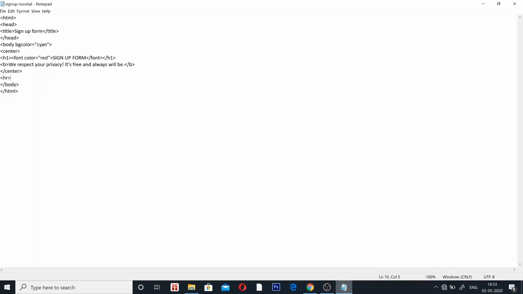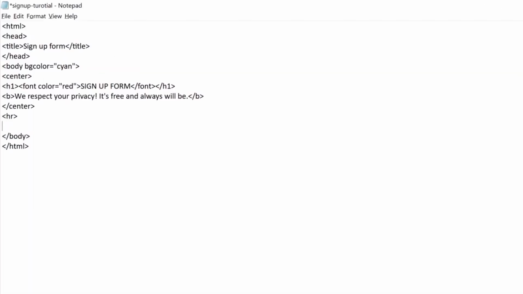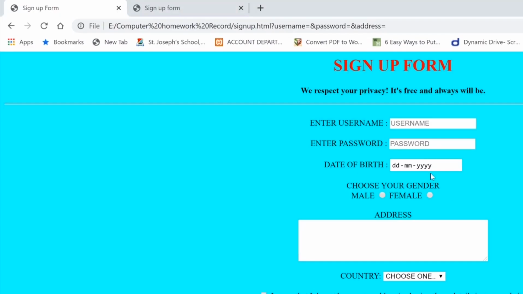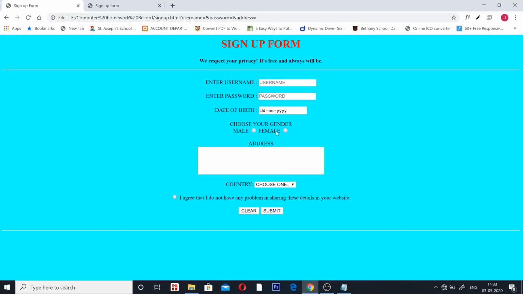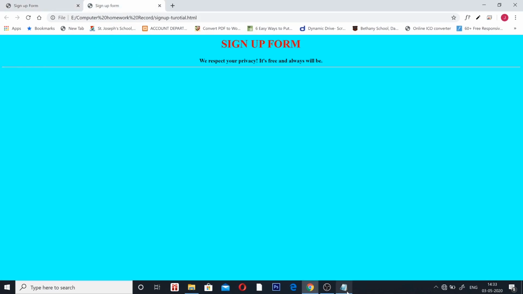sign up form. Right? So to create that, one thing we have to always remember, whatever form we are creating, it should be within the form tag. So why do we use form here? This form will help us to collect all the details, whatever you entered here, and send it somewhere so that we can save it and we can use it in future. So always remember all these tags, the tags where you can type your username, password, should be within the form